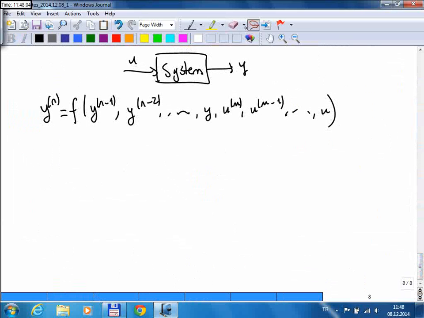If you remember what we did from the beginning of the semester, we said that if this system is linear, then this equation